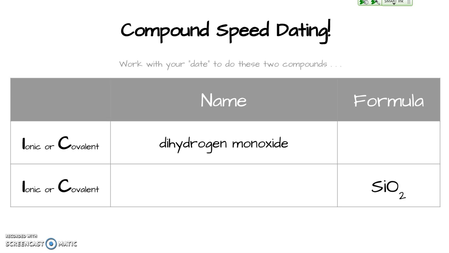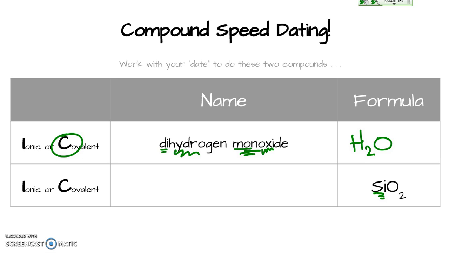We're back, and I see that the di and the mono here indicate that we have got a covalent compound. So this is a hydrogen. It says that there is a di, 2 of them, and then this is ox. That means oxygen, and there's just 1 because it says mon on there. So good old H2O for that one. For the second one, we have